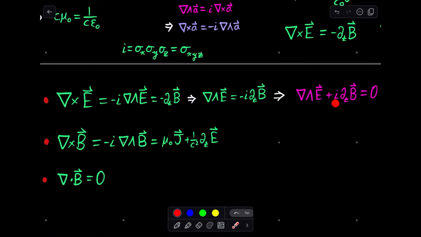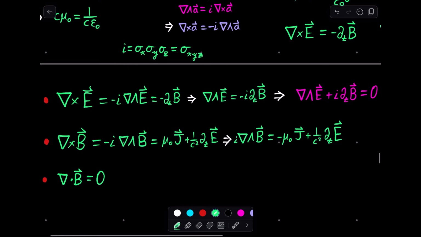Now, notice that there's an I next to this B here. So we're going to try to keep the I next to this B as well. So we're just going to get rid of the minus sign. So we're going to multiply through. So we get the wedge curl, I times the wedge curl of B is equal to negative mu naught J plus 1 over c squared dt